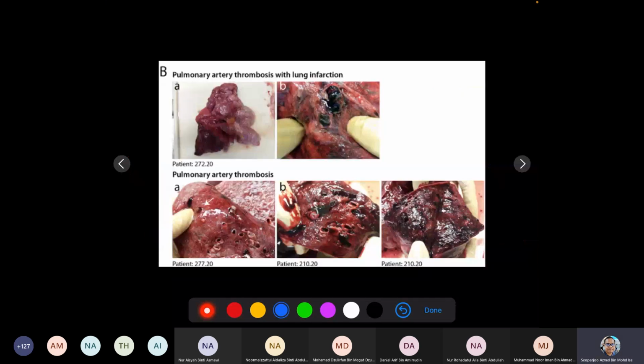And there will also be some pulmonary artery thrombosis with lung infarction. So this is why COVID-19 causes death. Most of the deaths caused by COVID-19 are due to lung infarction. There's a thromboembolism within the large airway, causing the patient to die afterwards. So this is important to educate